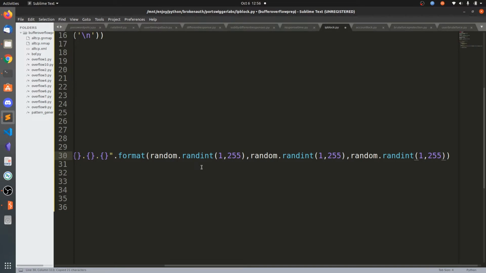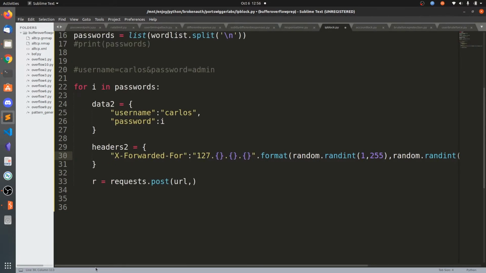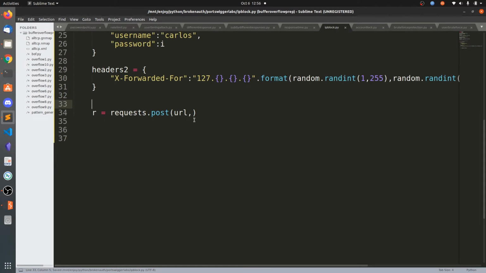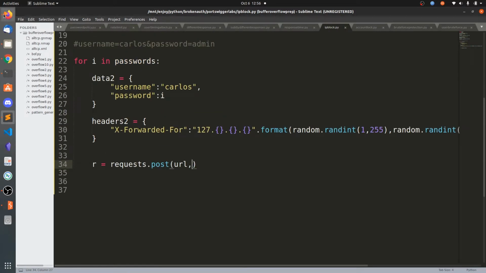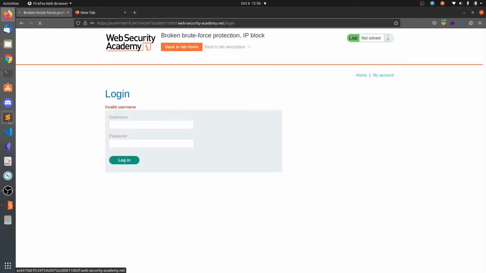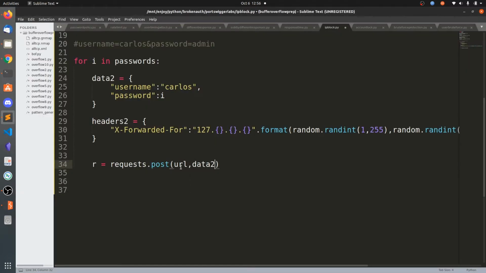We should have 3 octets and 3 random values to be filled in those octets. So we have data2 and headers2. What we are going to do is post this one, data equals data2 and headers equals headers2.